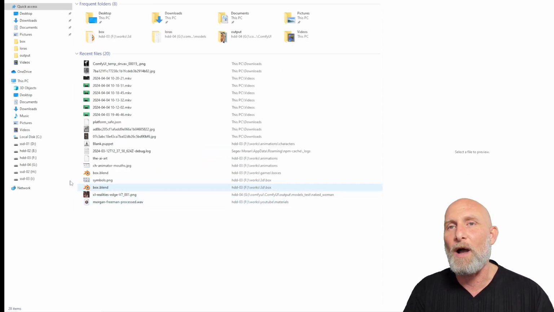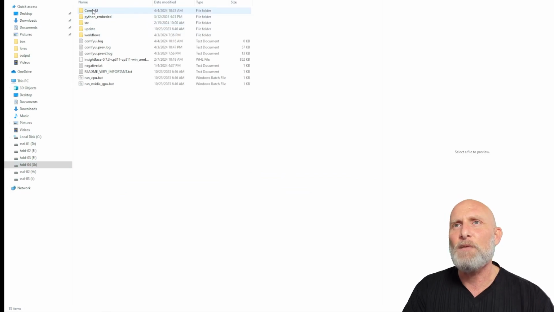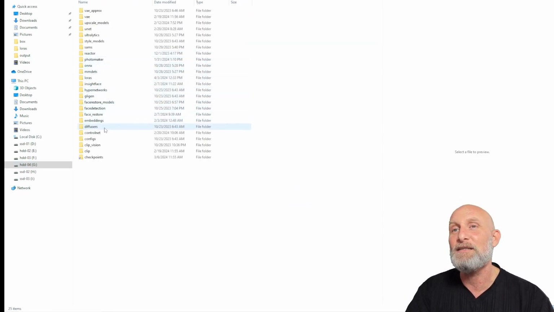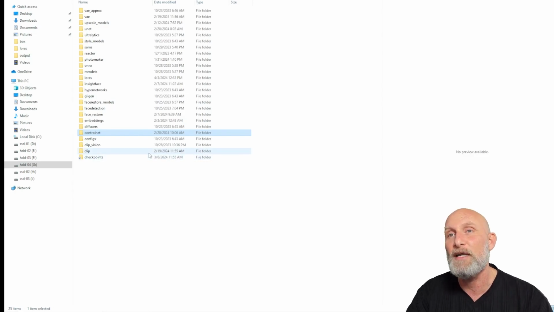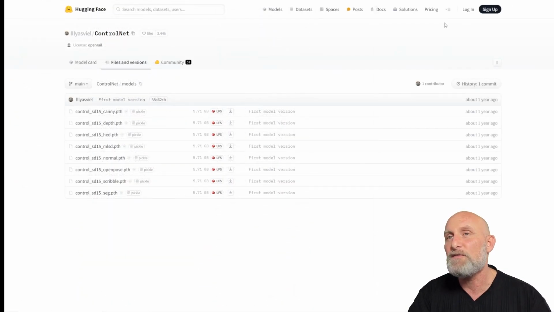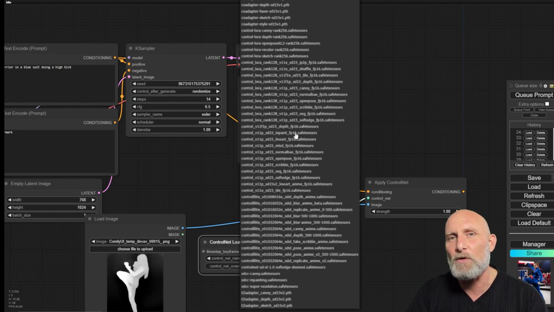your ComfyUI folder. So we'll go to our ComfyUI setup folder. Inside you will see that there is a models folder, and inside the models folder you will find a ControlNet. Simply move the safetensors files into this folder, and once you've done it, go back to the ComfyUI interface, click refresh, and then when you open the ControlNet name, you will see the list of all the ControlNet models